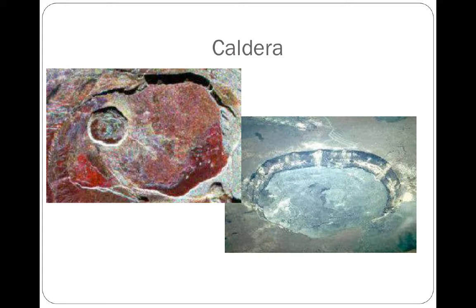And finally we have the caldera, which basically is a very large magma chamber that's underground with a slight depression. It could have been caused by a large explosion in the past, or it simply formed that way. Caldera volcanoes are tricky because a lot of times you don't even know that you're on top of a caldera volcano, because there's no indication above ground. Yellowstone National Park actually has a caldera volcano in there.